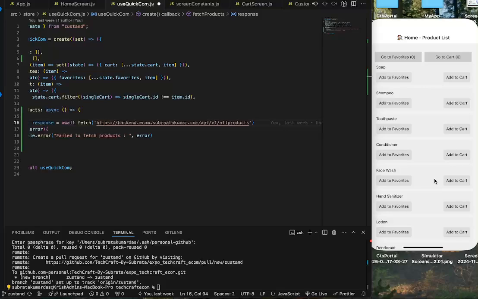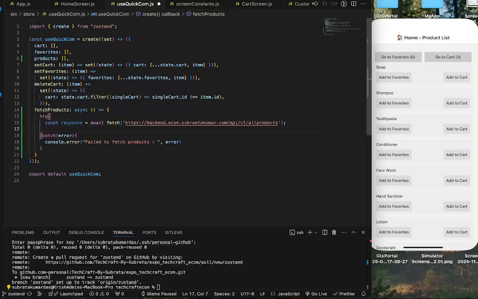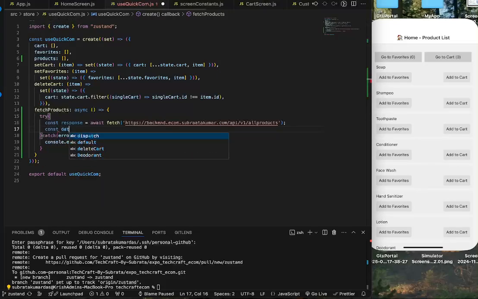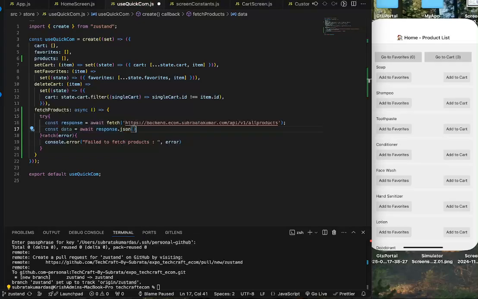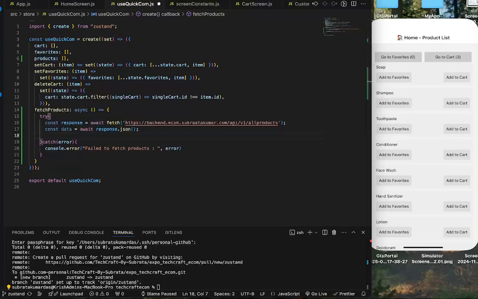Now it will give us the list of products in the response, but we know that when we are using fetch, we have to do data equals await response.json. If you are using Axios, then you can do Axios.get, and you don't have to convert it to JSON. Now once we got the data successfully,